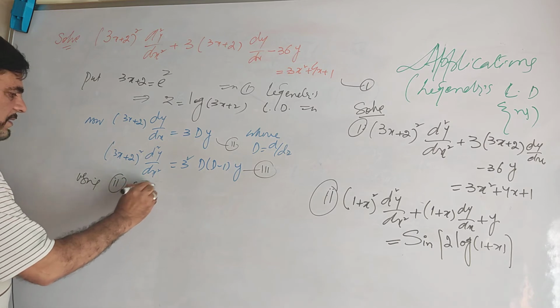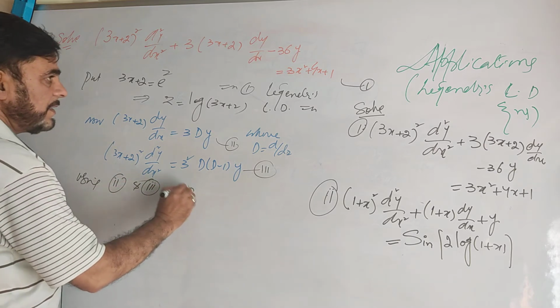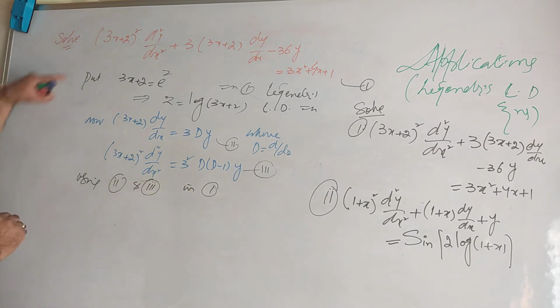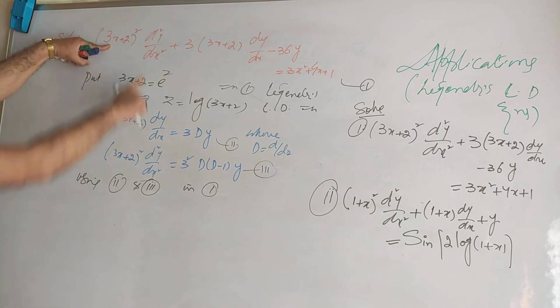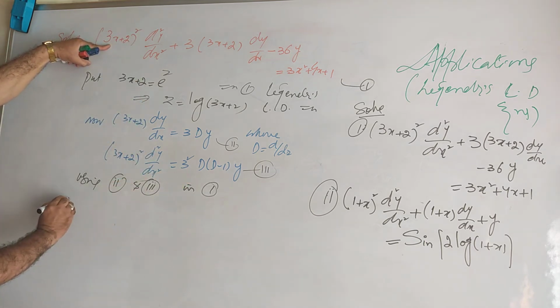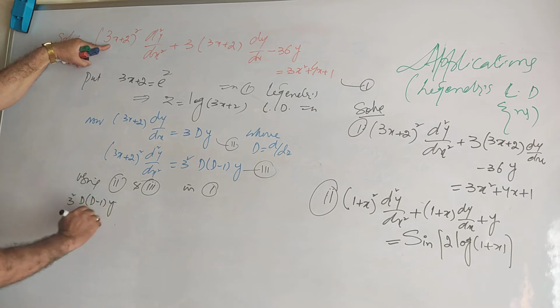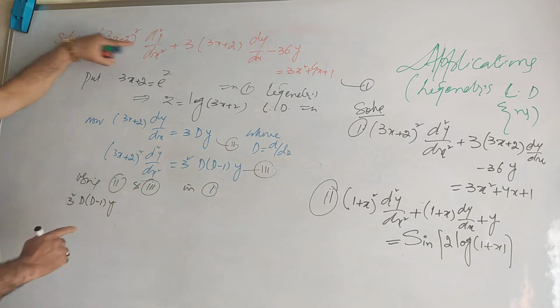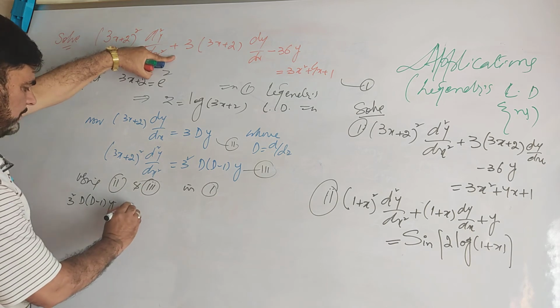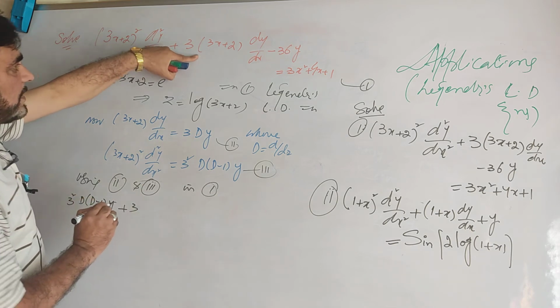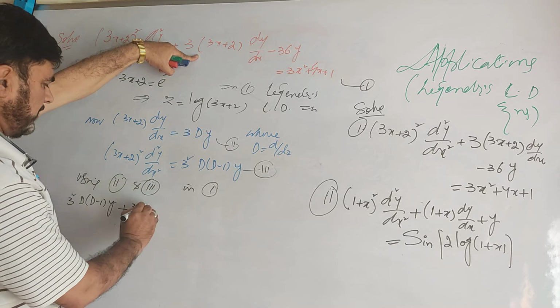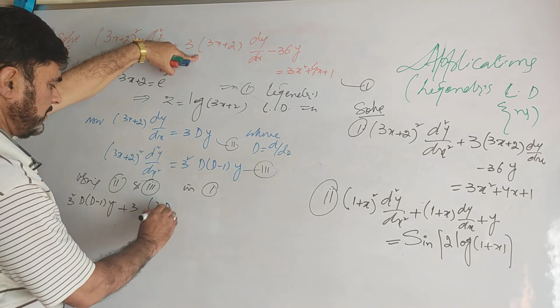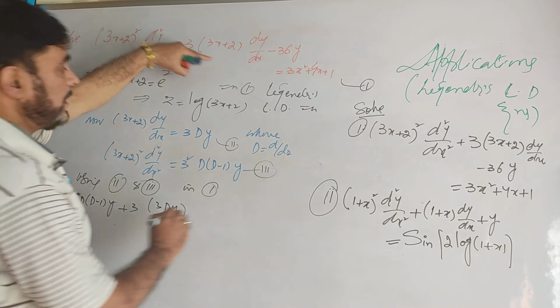Now using second and third in first, look here, (3x plus 2) square d2y by dx square is this value. You will write 3 square D(D minus 1)y, where D is d by dz. Then plus 3 times (3x plus 2) dy by dx, which is 3 times Dy. Then minus